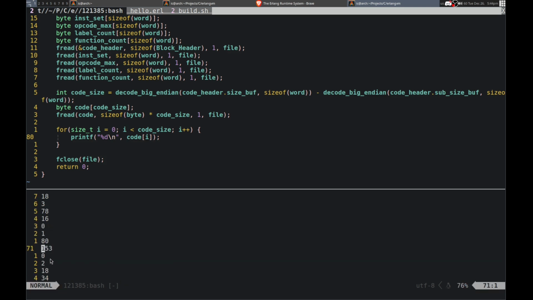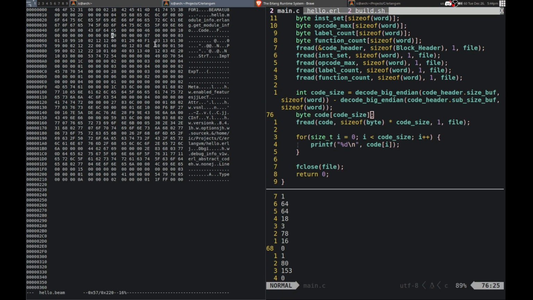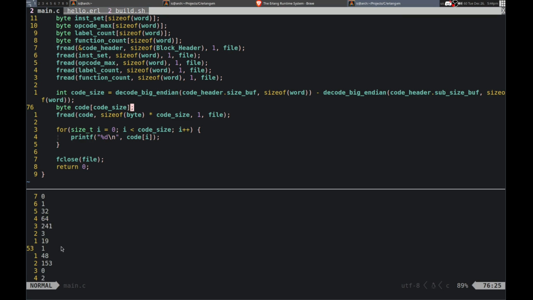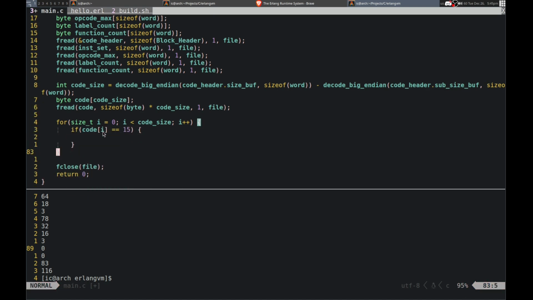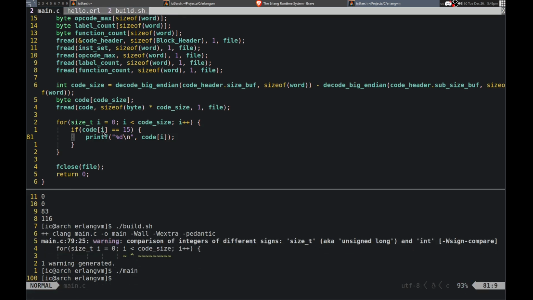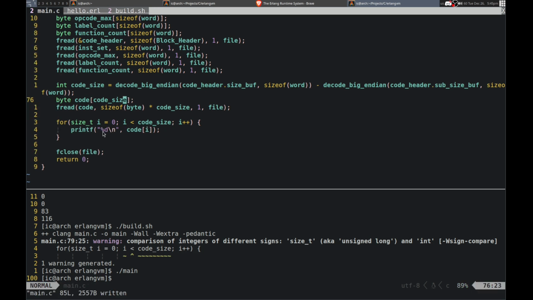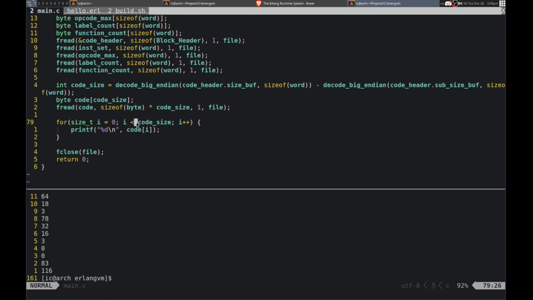Yeah, so we print out some stuff here. There should be a 15 in here, because that is what we're returning. So I think that is where it would be stored. Maybe not. Yeah, it's really just random numbers, but let's see. We do if I equals 15, then I'll be able to actually check. Alright, it is not, so I need to do code size plus 1 actually. No, I don't. Okay. Yeah, so I don't need to do that.